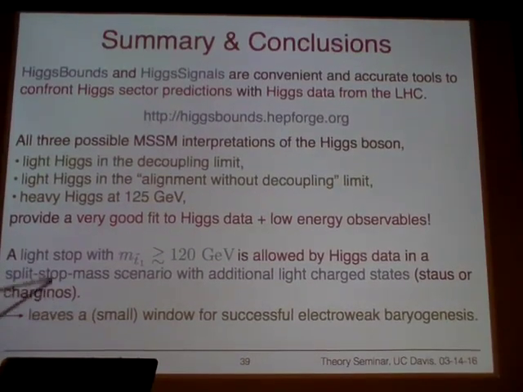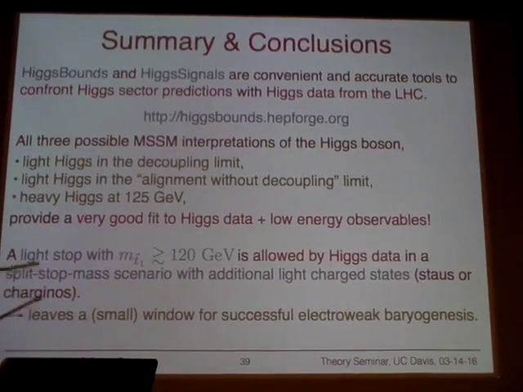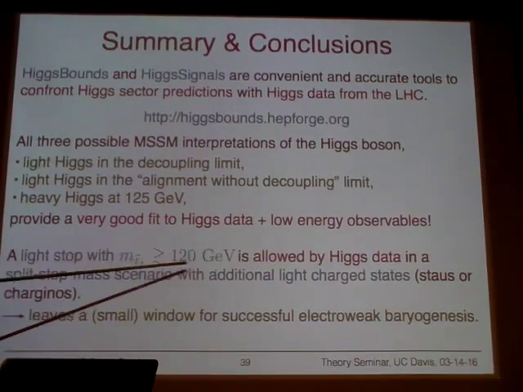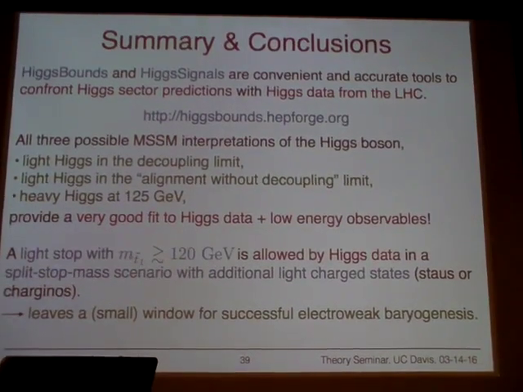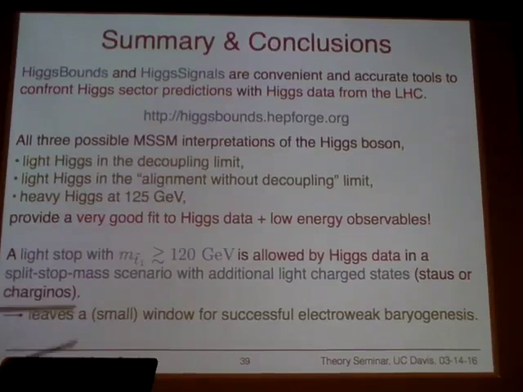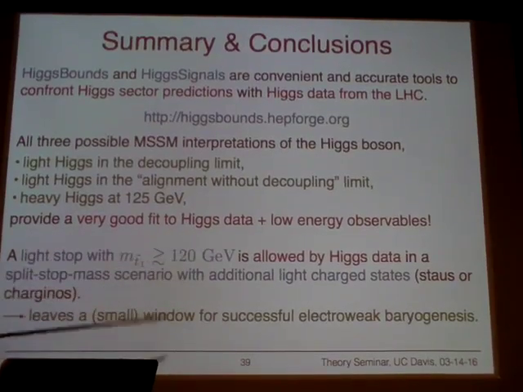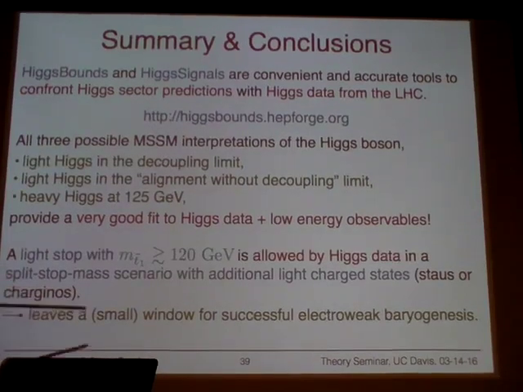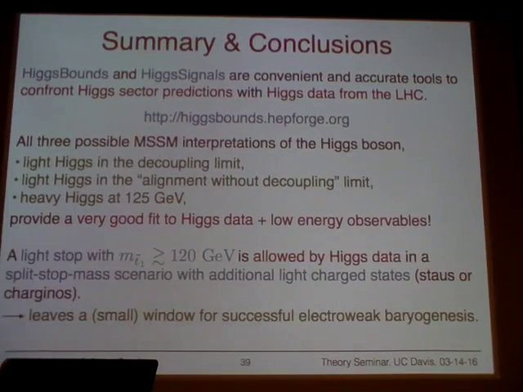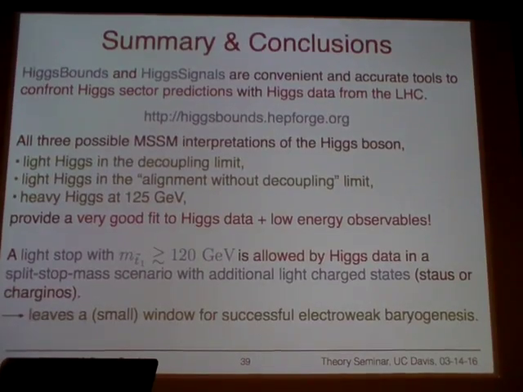And in the last part of the talk, I showed you that you can actually get light stop masses in the range of 120 GeV by accepting that you have a large splitting in the stop sector, and that you also allow for light charged states like staus and charginos, which can affect the gamma-gamma rate. And so this might leave a small window for successful electroweak baryogenesis in